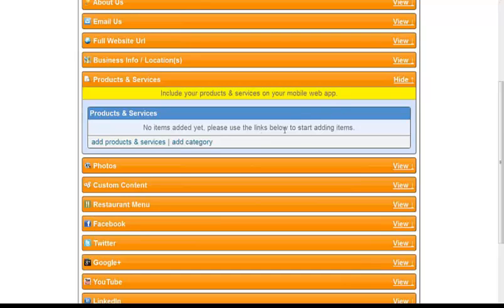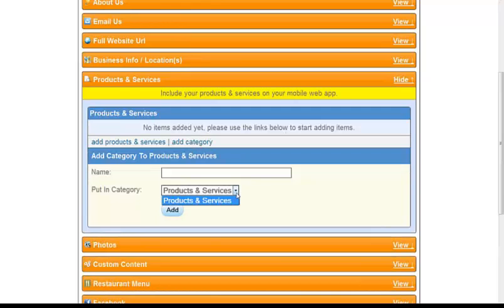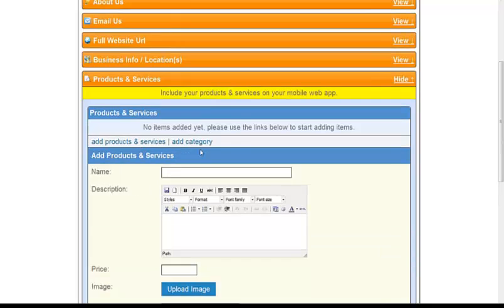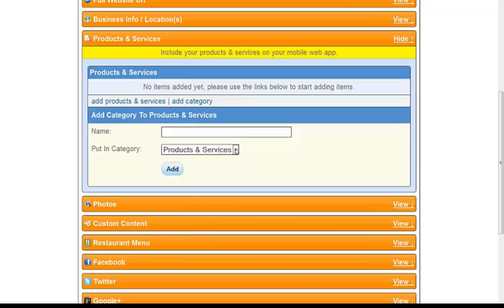Products and services. You can go in here and you can add special categories, and I'm going to go through each one of these just like we're doing it. Specific product, let's say I do a wax, okay? Let's say auto detailing. Okay? And I'm going to add this in my category, okay? And it's working. Do it again here.